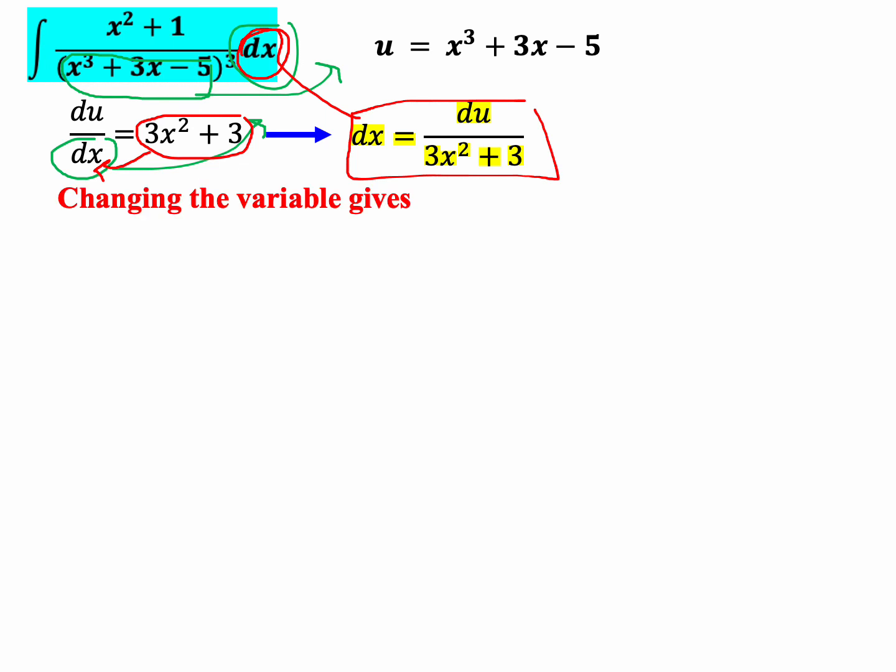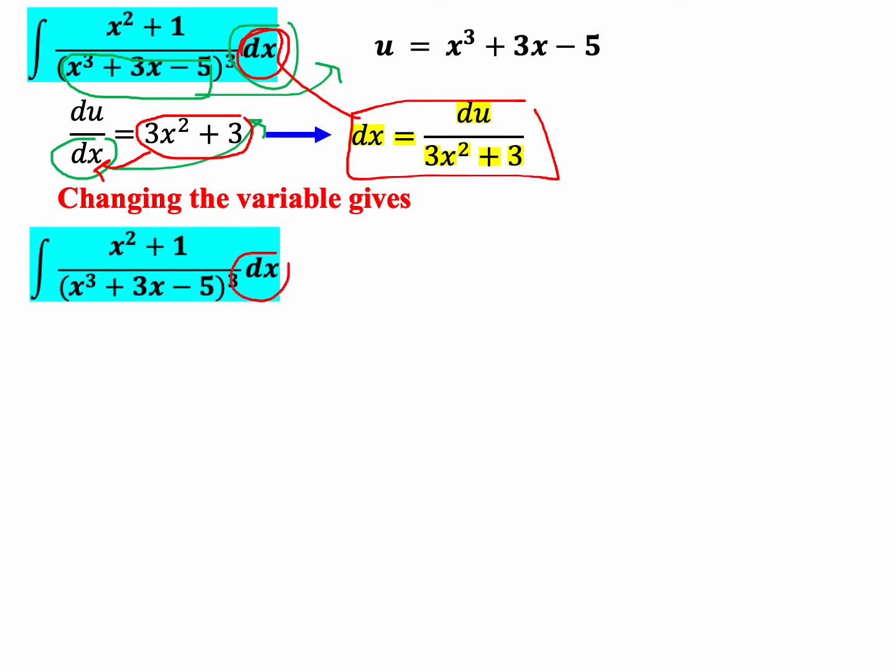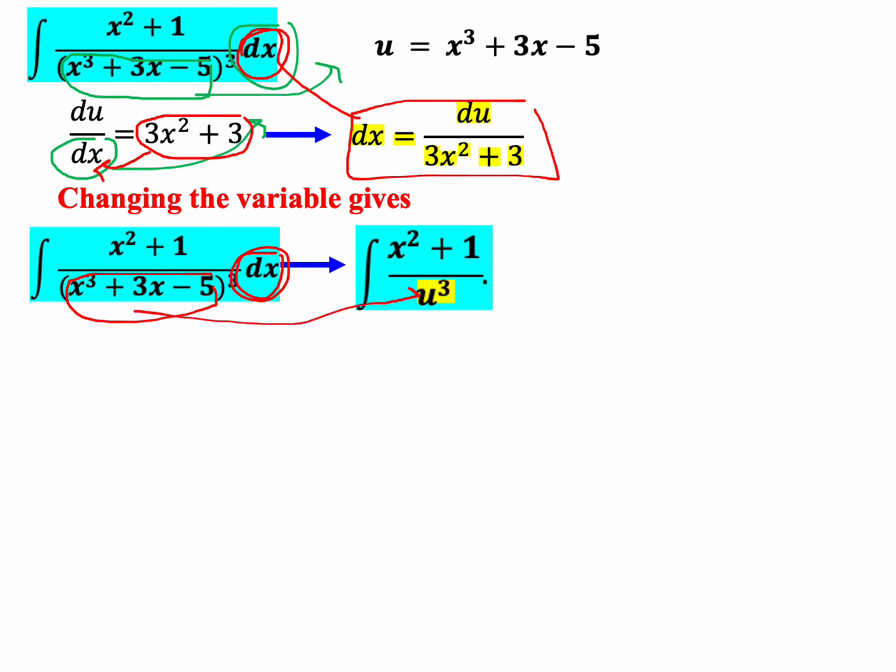Now let's change all variables. I have this integration, the original one. I need to change dx, and I need to change this one to u. So what will I get? This one will be changed to be u, so it will be u cubed. x squared plus 1, there is nothing to change at this moment. Then this dx will be du over 3x squared plus 3. Now so far, unfortunately,